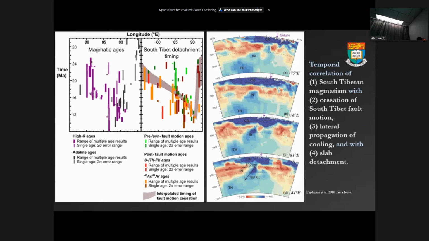So this slab has fallen less far in the center than it has in the West. And Anne's inference is that it broke off earlier in the West and later in the East, so that it has progressively been breaking off. So a lateral motion along the arc of when and where the slab started to detach. So that became the basis of our idea. That gives us something that would happen differently in time along the length of the Himalayan origin.